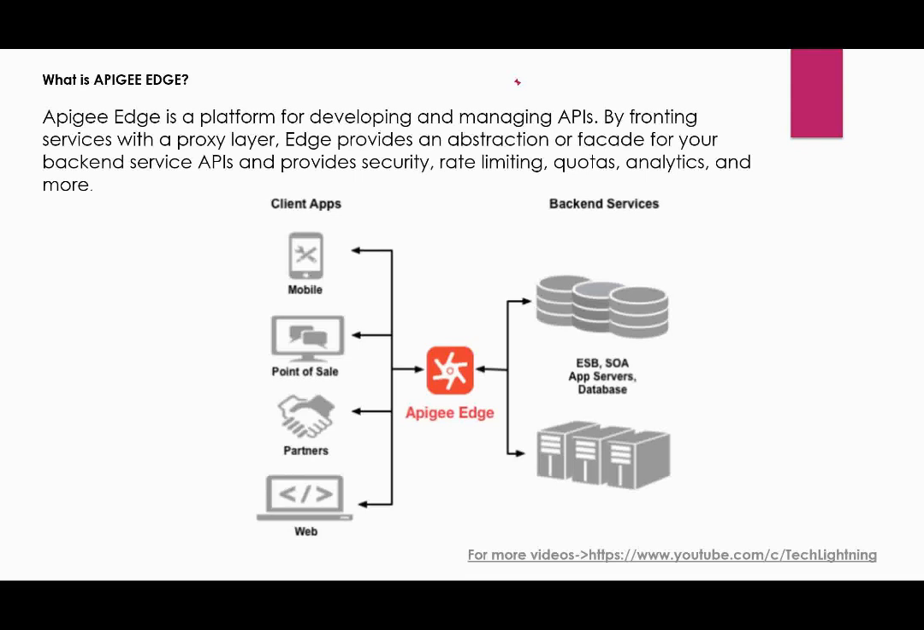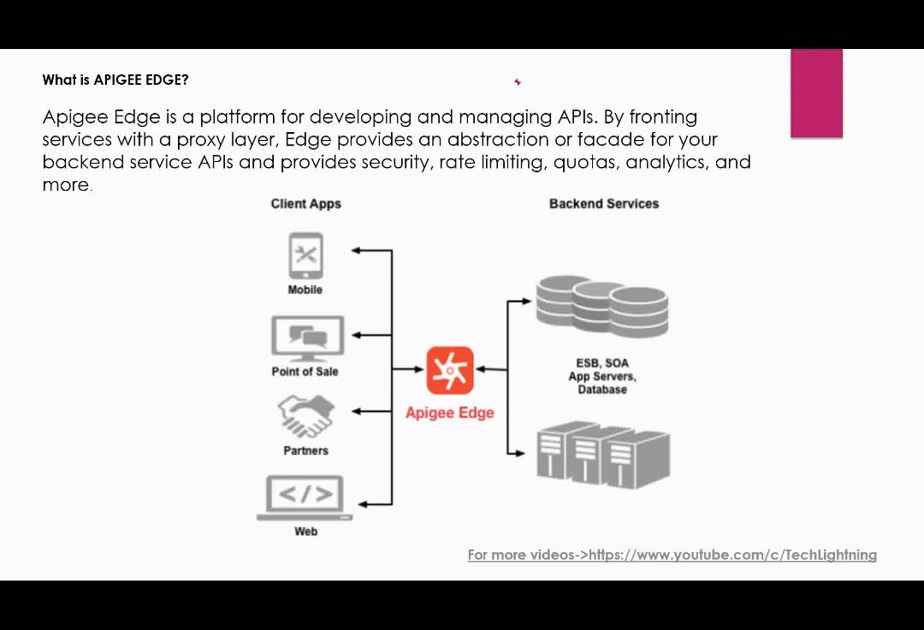So all these client apps, everybody wants to connect to your API so that they can access your backend service. With this Apigee platform, you can also do rate limiting. For example, there are thousands of calls coming per minute, and how do you control it? So I want to allow